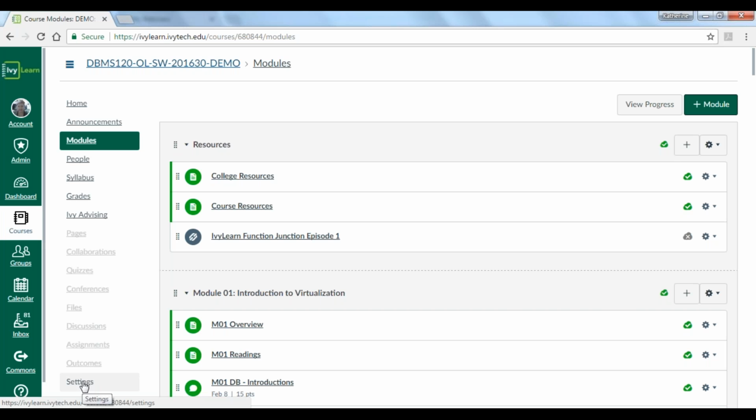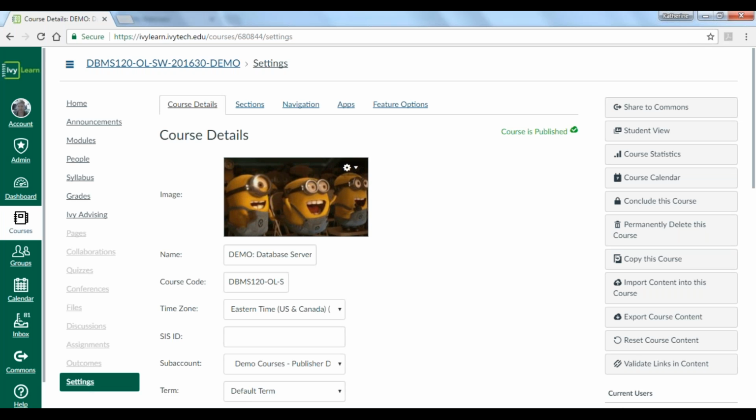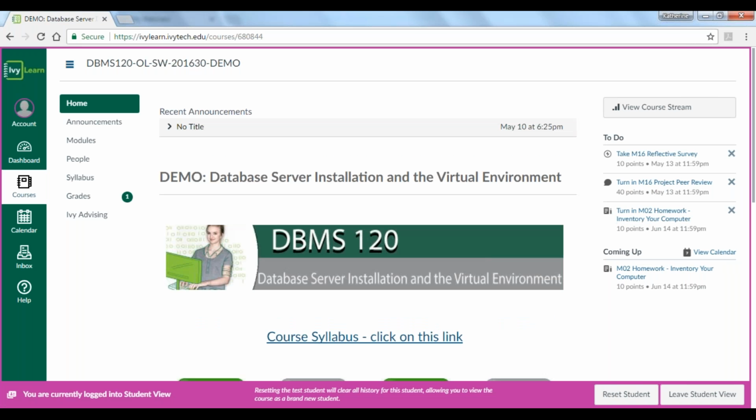What I want to encourage you to do, though, is to go to the settings button. And from the settings button, over on the right-hand side, there's this area called Student View. Okay, so I went to Settings, and now I'm selecting Student View. When you're in Student View, you'll have this big, bright color block that comes across the bottom of your screen, and it lets you know that you're in the Student View. This is very, very important because a lot of times we forget to publish something, which means to make a piece of content available, or we've got a link or a page that's viewable to students that we don't want them to necessarily be able to see because the content's not completely filled out.